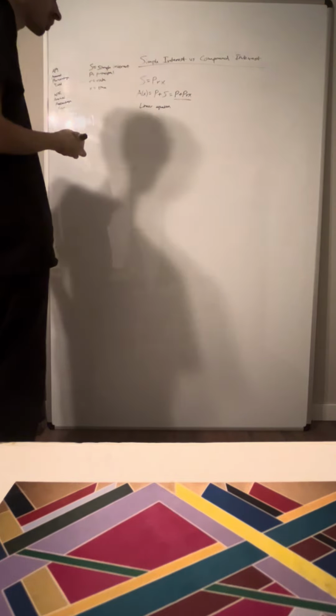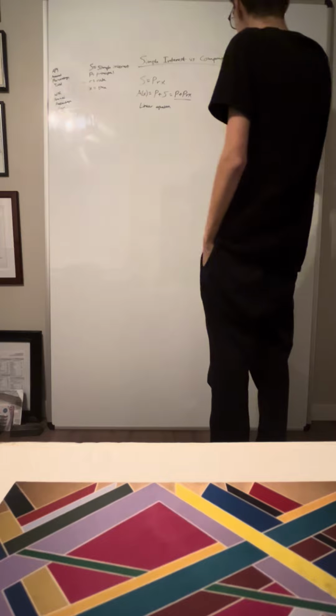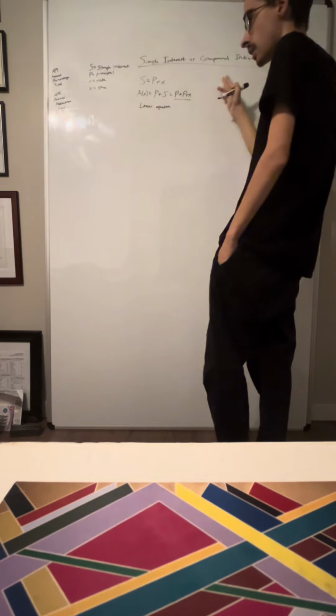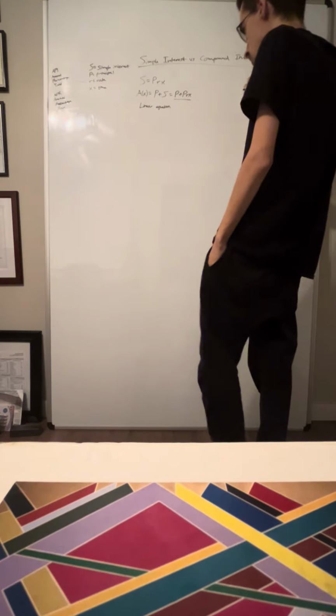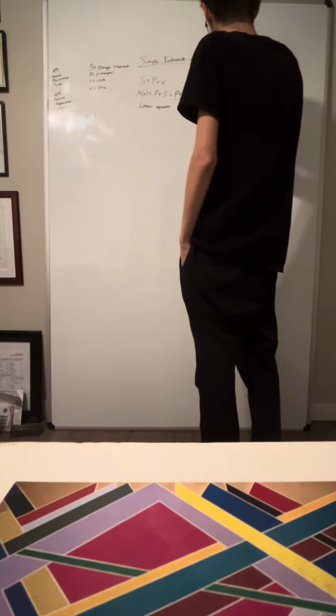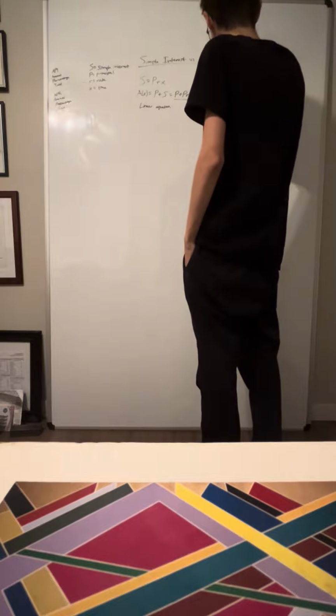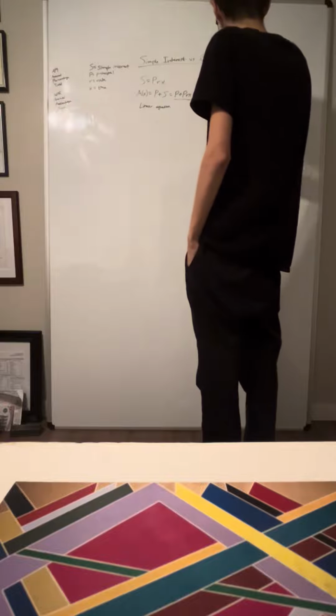Now, what about compound interest? Well, compound interest is an application of your exponential equation, which is of course given in the form of y equals a times b to the x,